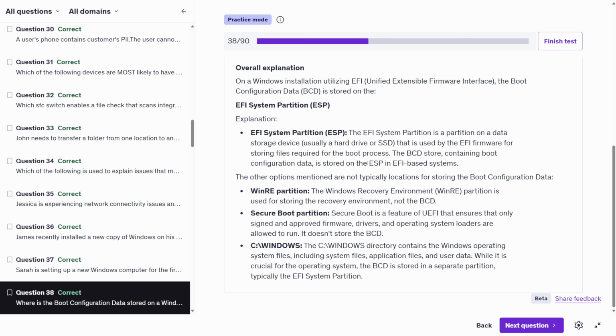Windows recovery environment is used for storing the recovery environment. Secure boot partition is a feature of the UEFI that ensures only signed and approved firmware drivers and operating system loaders are allowed to run. And C:\Windows. This is a directory that contains the Windows operating system files, including system files, application files, and user data. While it is crucial for the operating system, the BCD is stored on a separate partition, typically the EFI system